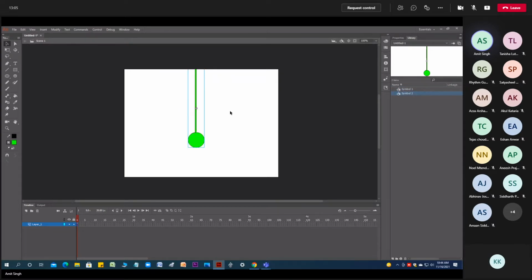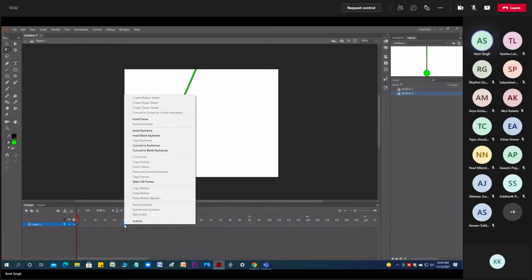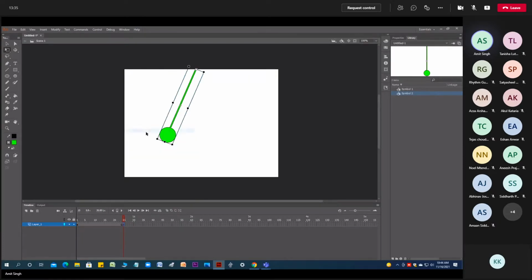Then press Q for transformation. Once you do this, you can rotate, scale, or whatever. It is rotating from the center, but you need to drag and drop it with the left mouse button. Then somewhere at 25, right click, insert keyframe.